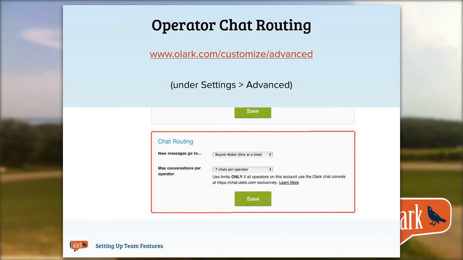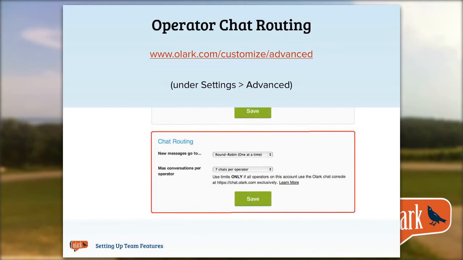The nice thing about it is you can set chat limits for each operator. This is really great. It just makes sure that no single operator will get overwhelmed by requests. When operators hit their chat limit, they're automatically set to away. And this just makes sure that new chats are routed only to available operators. If all the operators you have are at their chat limit and they're all chatting as much as they can with the limit set as high as they can,